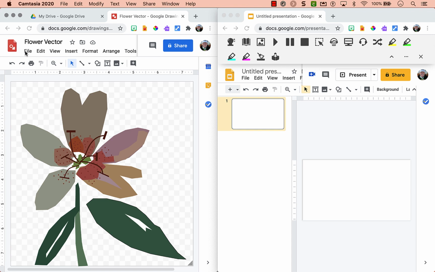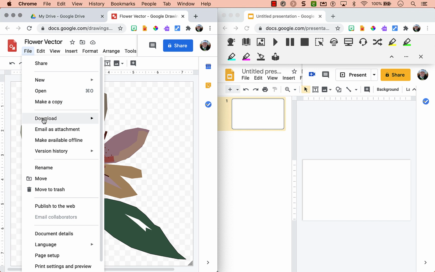You could go to File, Download, and then download it as a PNG. That will preserve the transparency. But there is an easier way that avoids the whole download and then having to upload it into Drive and